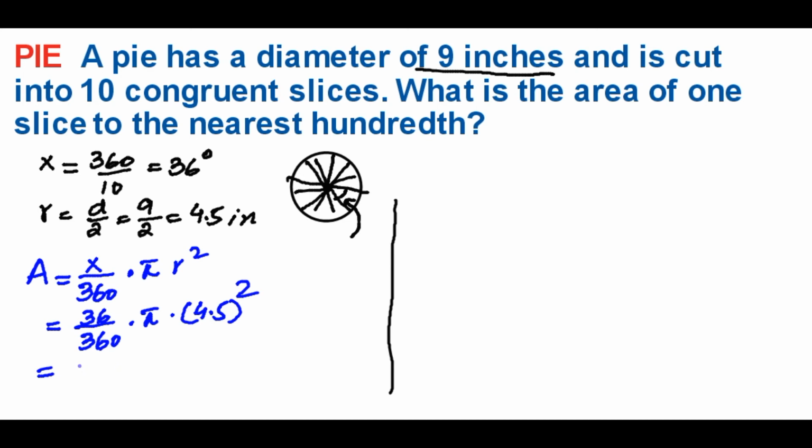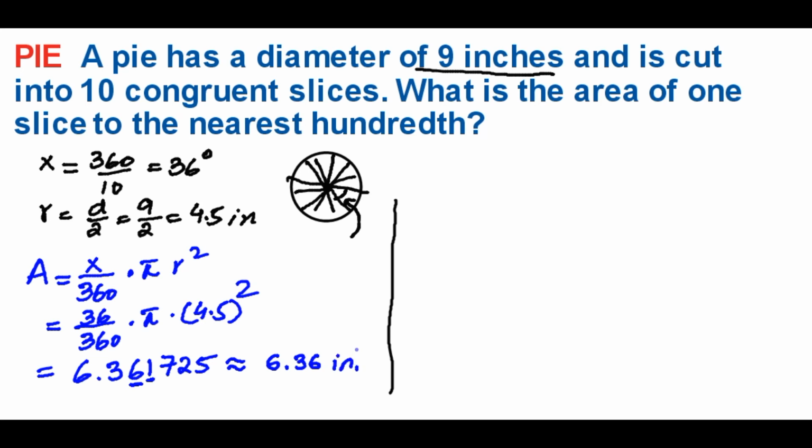Use the calculator. The answer on the calculator is 6.361725. This time we have to round the answer to the nearest hundredth. So at the hundredth place we have 6, and at the thousandth place we have 1. So we don't need to add 1 to the hundredth place, since 1 is less than 5. So the final answer rounded to the nearest hundredth will be 6.36